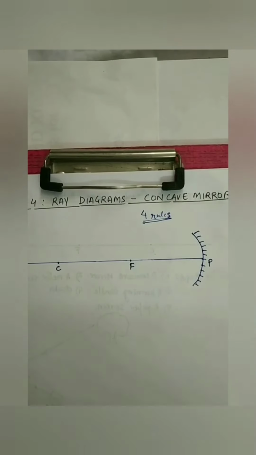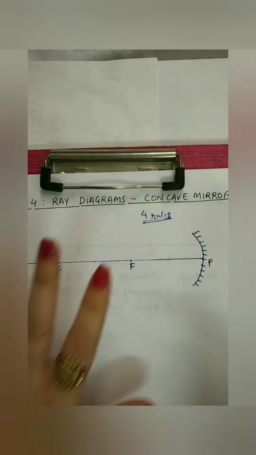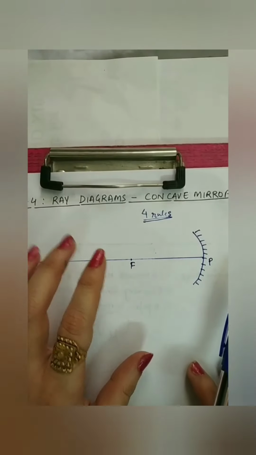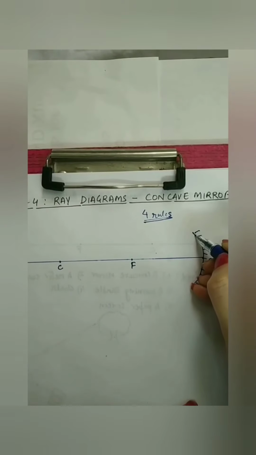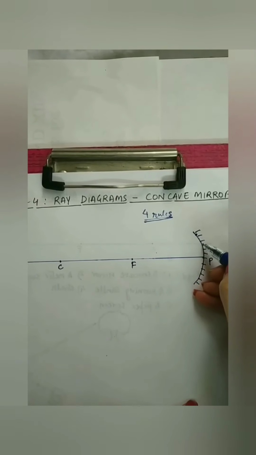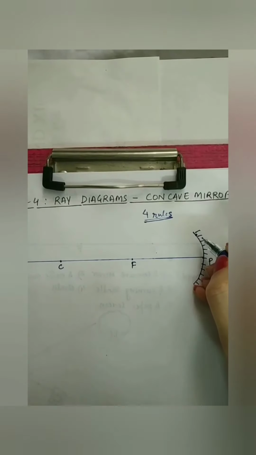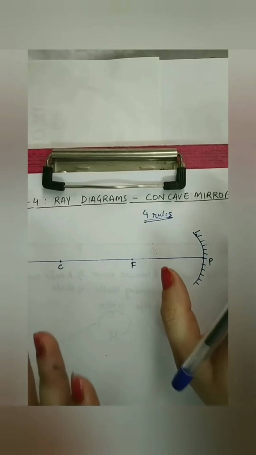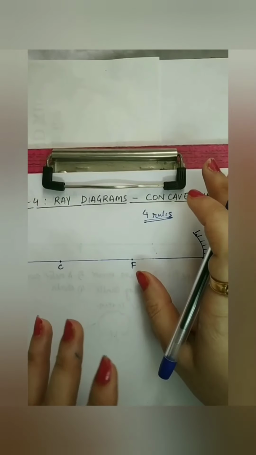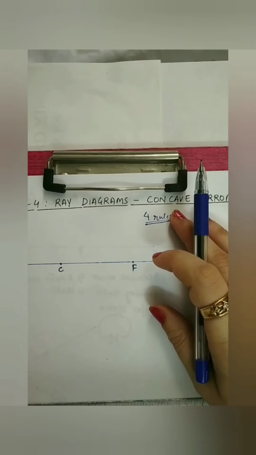First of all, it is important to understand that spherical mirrors follow the same laws of reflection as followed by plane mirrors. Each point on a spherical mirror can be considered as a plane mirror of infinitesimally small length. So each point is itself a plane mirror, and the spherical mirror follows the same law. Incident ray and reflected ray follow the same laws of reflection as we have studied for plane mirrors.